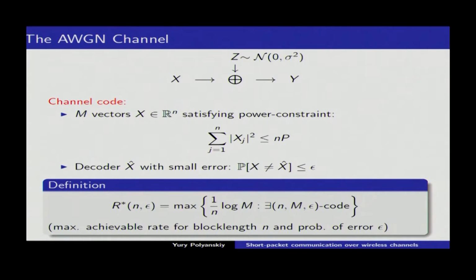Okay, so let me start with an example of the additive white Gaussian noise channel. This model is the most canonical and the simplest wireless channel you can imagine. Here we have a collection of real numbers, or a vector in n-dimensional space, and as you transmit it across the channel, instead of getting the clean signal, you get some kind of additive Gaussian noise perturbation.